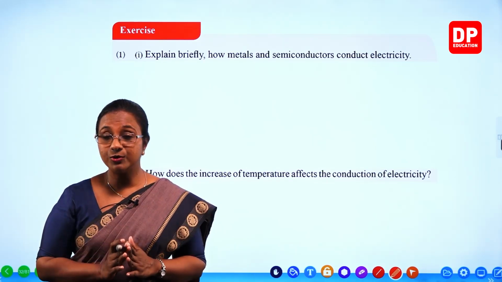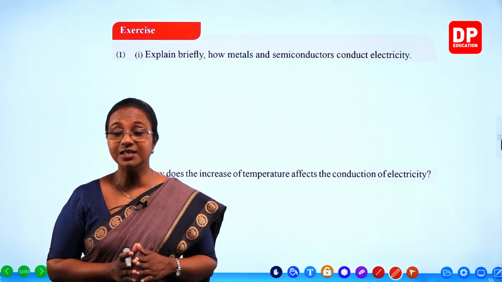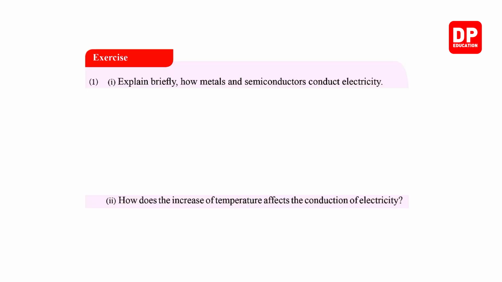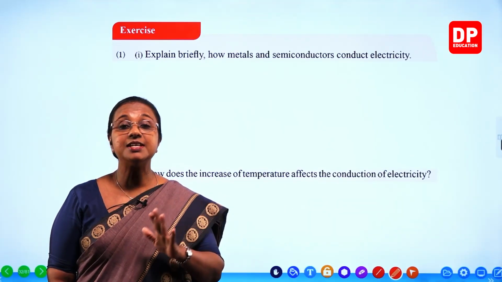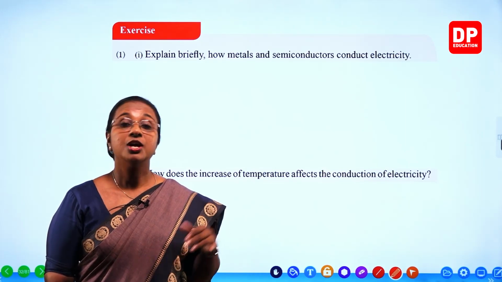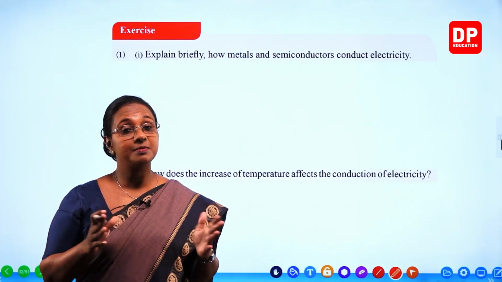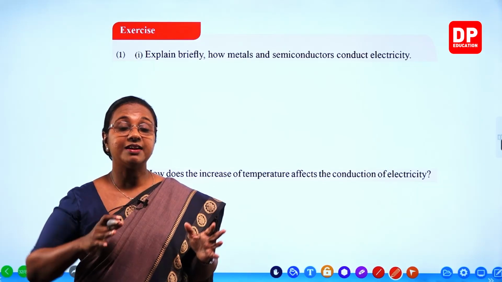I am sure you all have a good understanding of the lesson. So now we will discuss the questions related to the lesson. Exercise. The first question, first part: explain briefly how metals and semiconductors conduct electricity. Now for any material to conduct electricity, there should be free or mobile charges. If you take metals, based on the metallic structure, that is the metallic lattice, there are free electrons. So the free electrons that can move